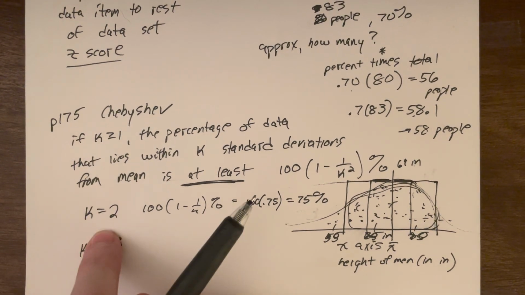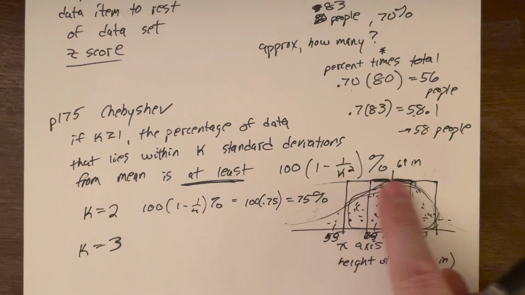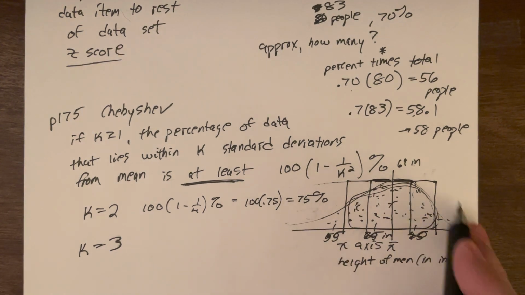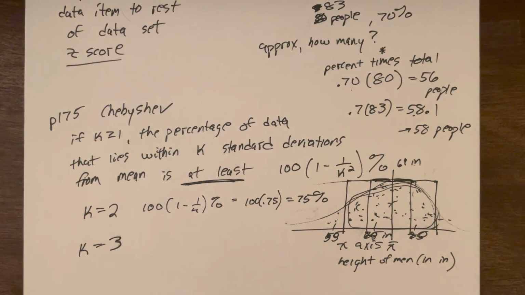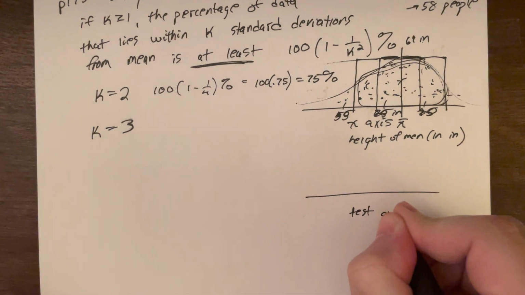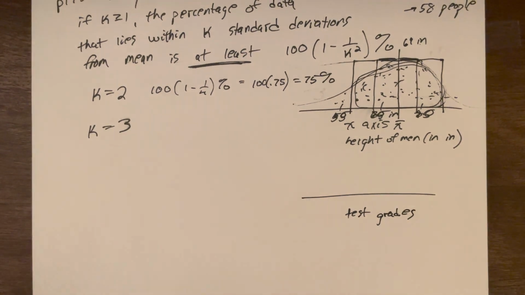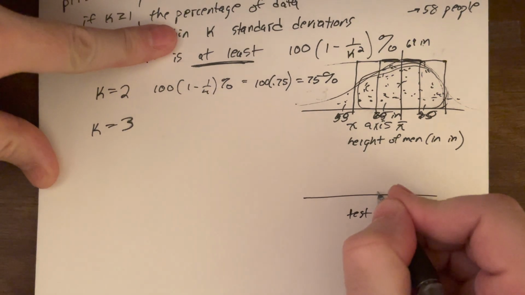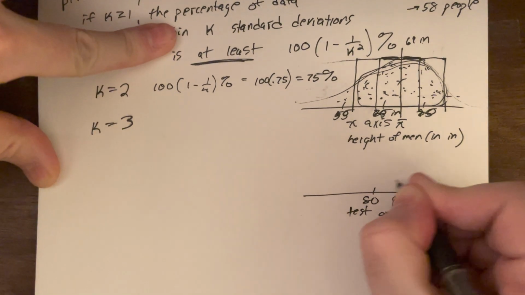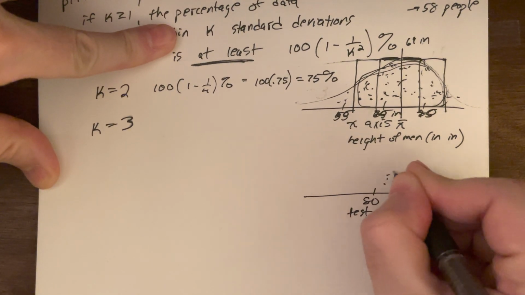That's how this works. But again, it doesn't have to be this pretty. You know, maybe this is height, and height is that bell shape, that normal distribution, but it doesn't have to be. If I'm looking at test grades, let's say our class, we've got 80, 90, 100, and we've got lots of good students who have scores up here.